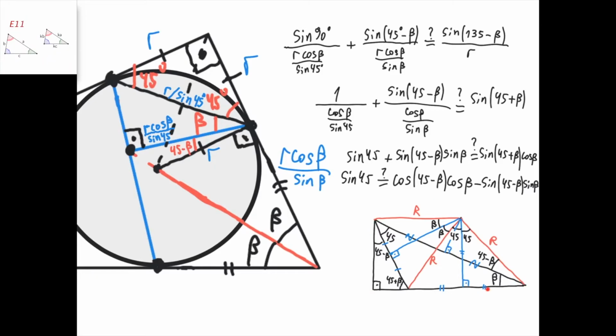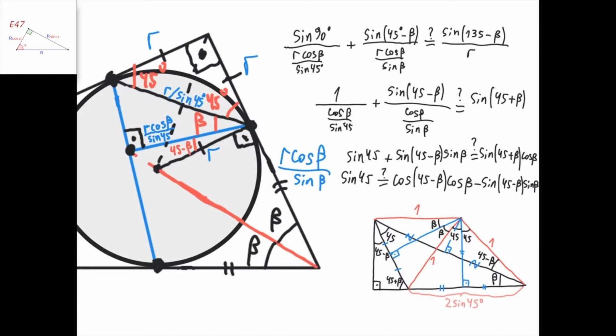Now I'm going to take this picture and rescale it such that this distance, which right now has a length of r, transforms to a segment with length 1. Or in other words, we multiply all the distances by a factor of 1 over r. Since scaling preserves shapes, the shape of this construction is exactly the same. It's just that all the distances on the picture got r times smaller. Now, from this triangle, which is a right-angled triangle with hypotenuse 1 and an angle 45 degrees here and here, we know that this length is sine of 45 degrees. Similarly, this length is also sine of 45, and so the length of the whole segment here is 2 times